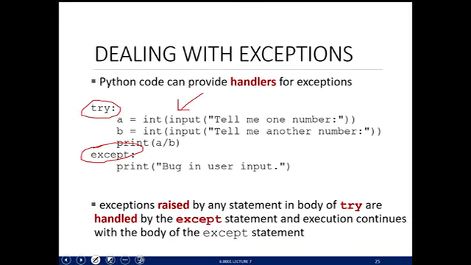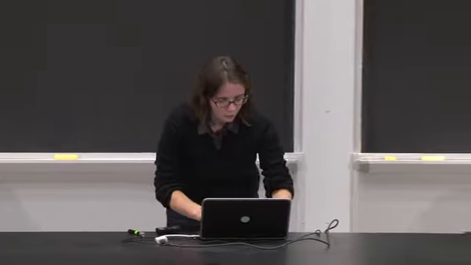And at that point, Python's going to ask, is there an except statement? And if so, this except statement is going to handle the error. It's going to say, okay, an error came up, but I know how to handle it. I'm going to print out this message to the user. So if we look at code,